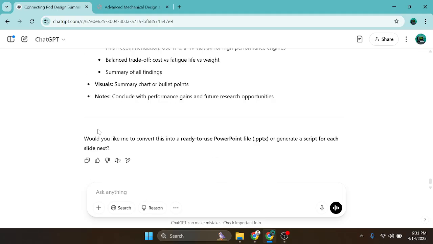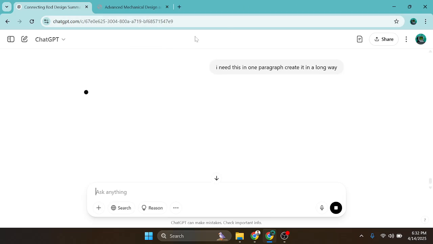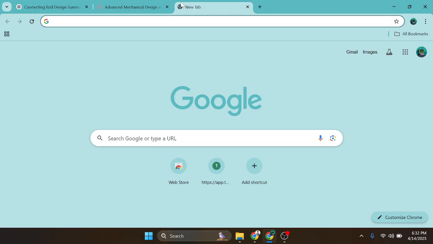Now what I have to do, I have to just say to it, I need this in one paragraph, create it in a long way. Okay, so now ChatGPT is just going to give me a paragraph which is generated in a long way with all details. And once I get this, let's move to the AI tool